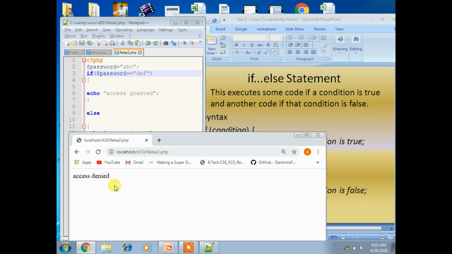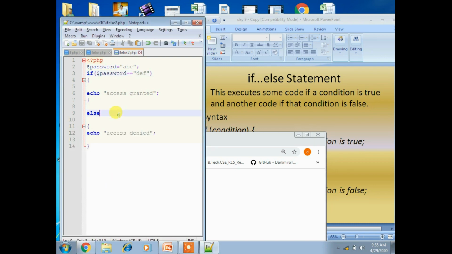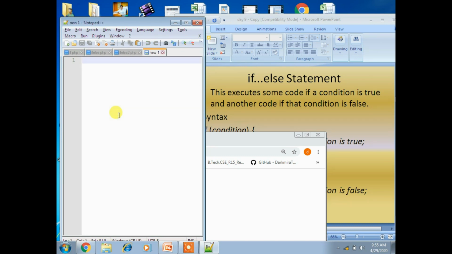So you can have another one also, that is nested if else. Okay, I'll see that also. Nested if else is nothing but placing an if statement within an if block. Okay, I'll take an example for this. I'll take just four variables like that.